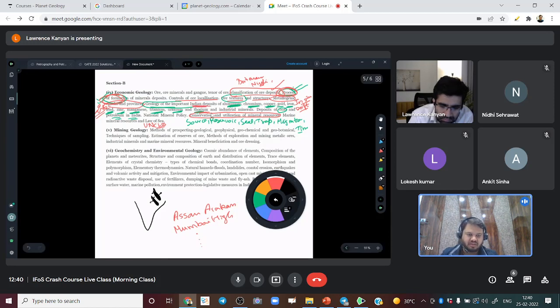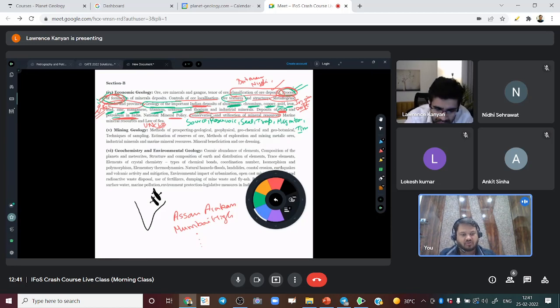The third thing is to prepare the general studies part: national mineral policy, conservation. It won't take more than an hour or half an hour for you to prepare, not even an hour for this topic. And the fourth topic, which actually differentiates your marks in paper 2, is this one: geology of